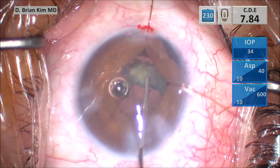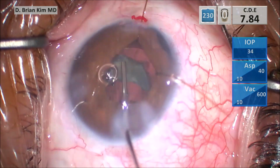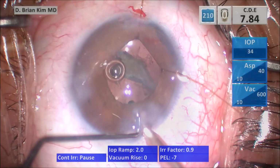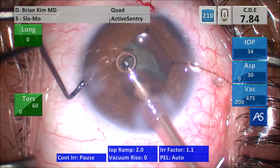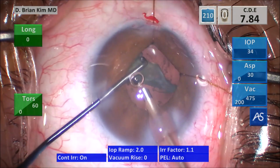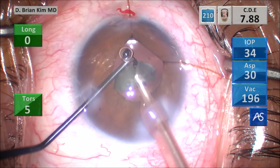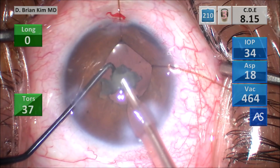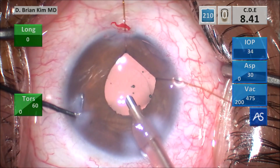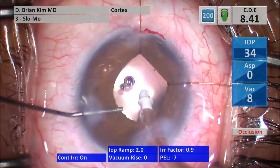I didn't want to use the Lester to sweep blindly because the Lester might hook something, so I switched the Lester to the cannula, which won't hook anything because it's just straight, and I place it into the AC within the pupillary center using a chopping technique to crush the lens into smaller pieces, and then quickly emulsifying the lens piece so it doesn't fly back under the iris again. So I take the chopper out, push BSS in, and then I'm getting underneath the lens, removing all the viscoelastic from within the bag,